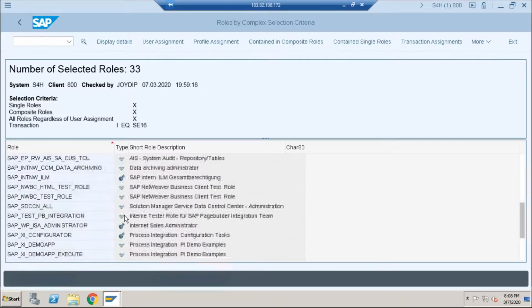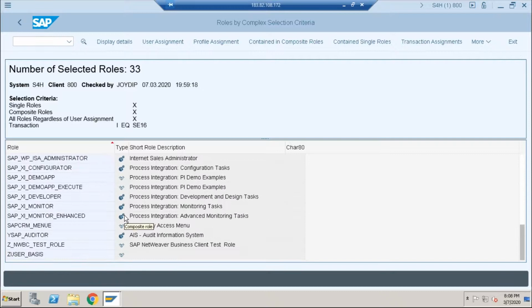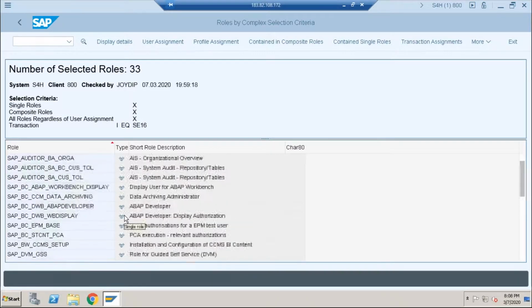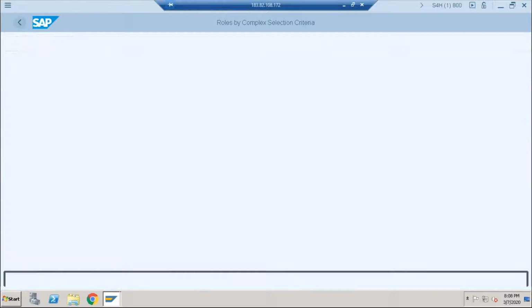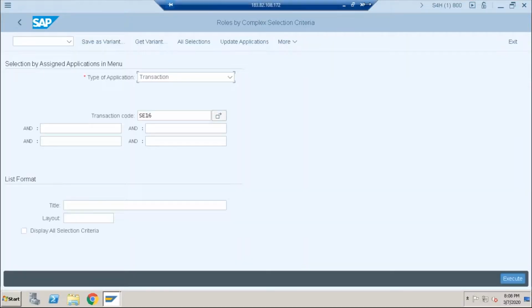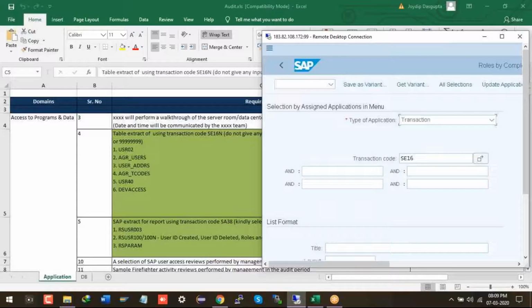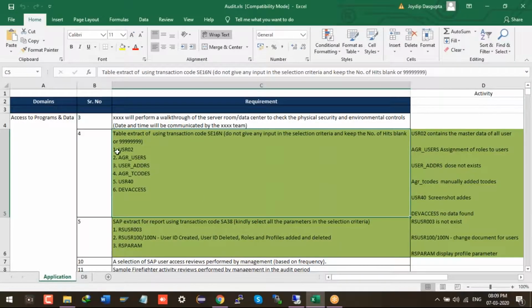This is the table. Okay, understood. So I can take all the information from SUIM also. Yeah, not everything, just some of the things.